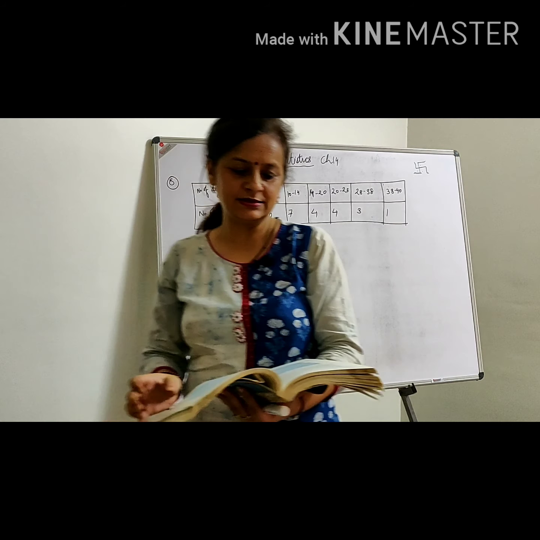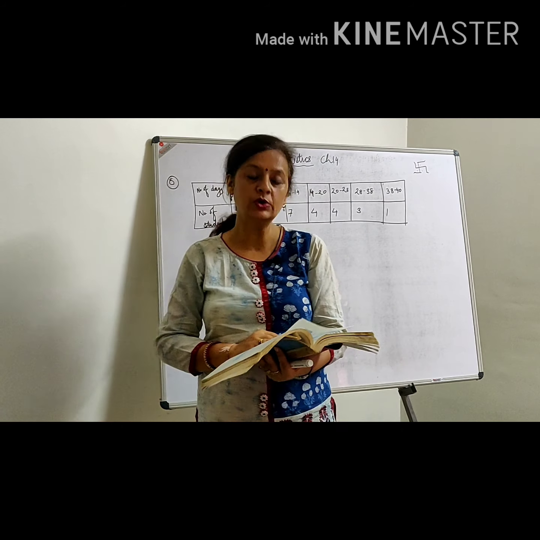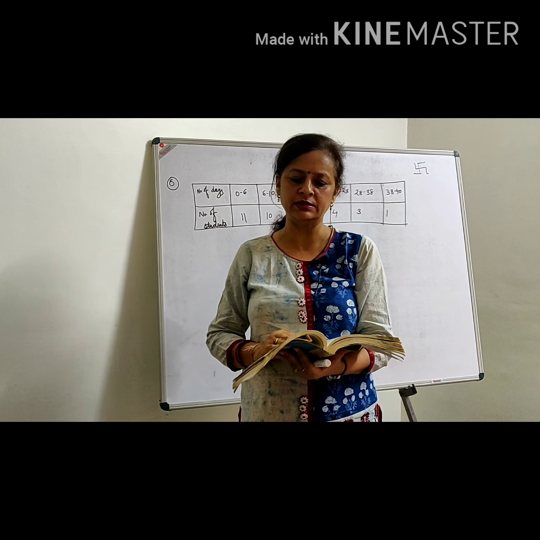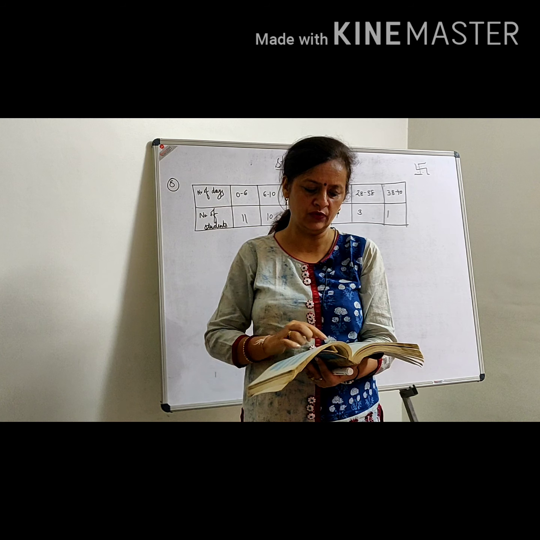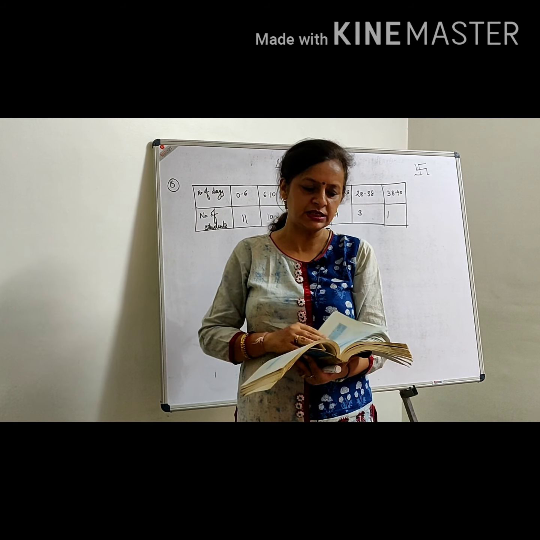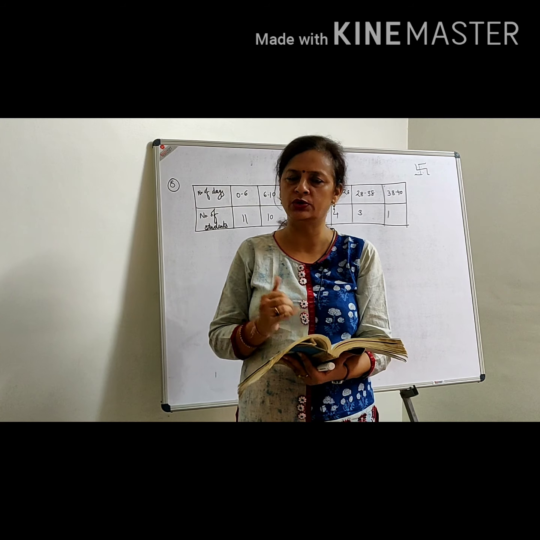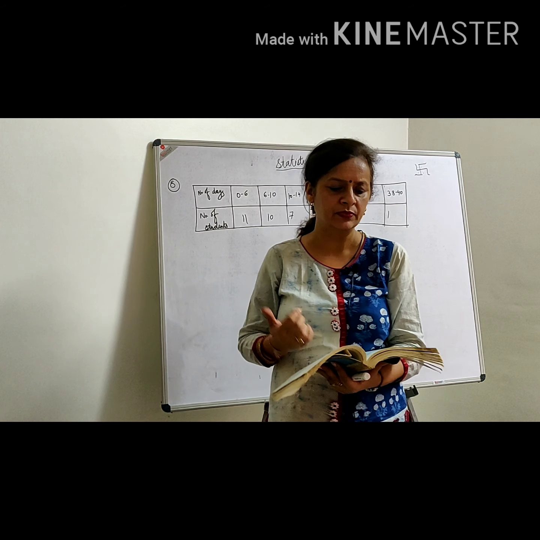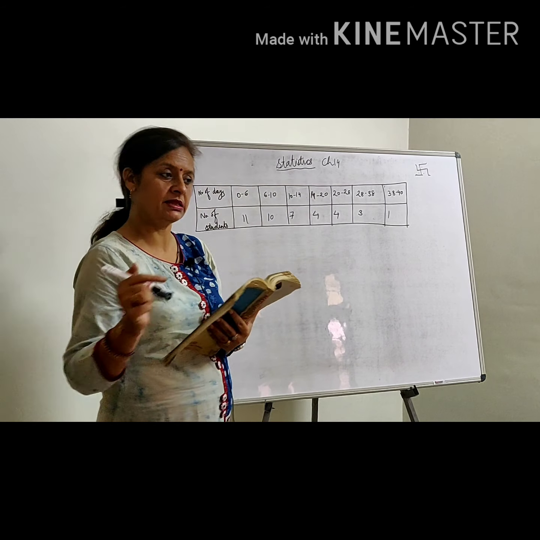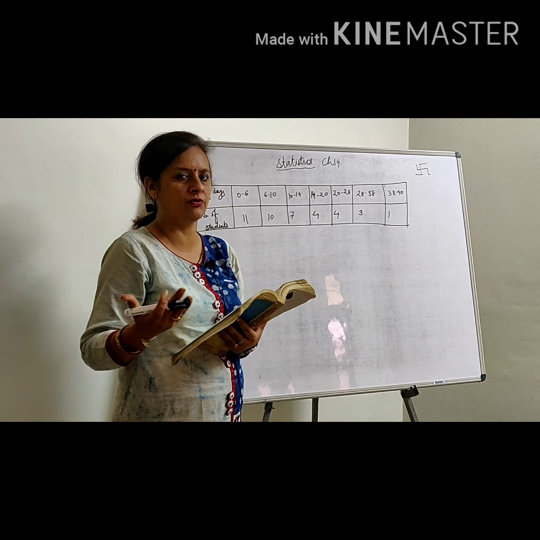Let's do the exercise. In the exercise there are total 9 questions. So all questions are very, very easy. You can do questions 1 to 5 by the direct method and questions 6 to 9 by the step deviation method. Let us discuss question number 8. In this question students feel a lot of difficulty.